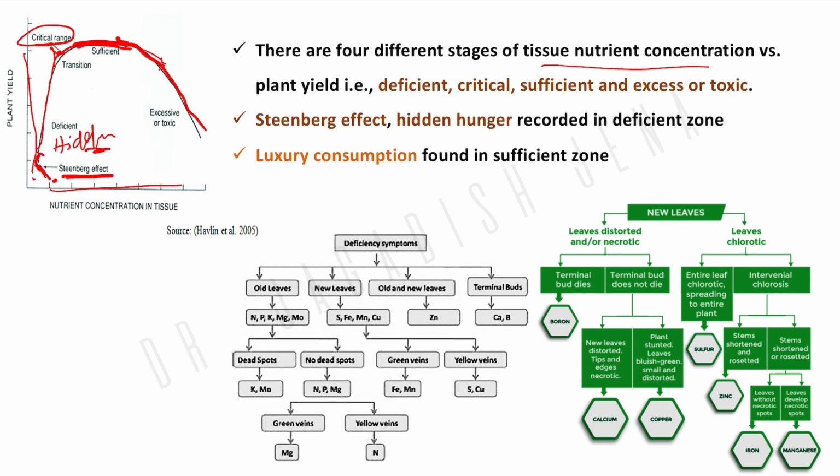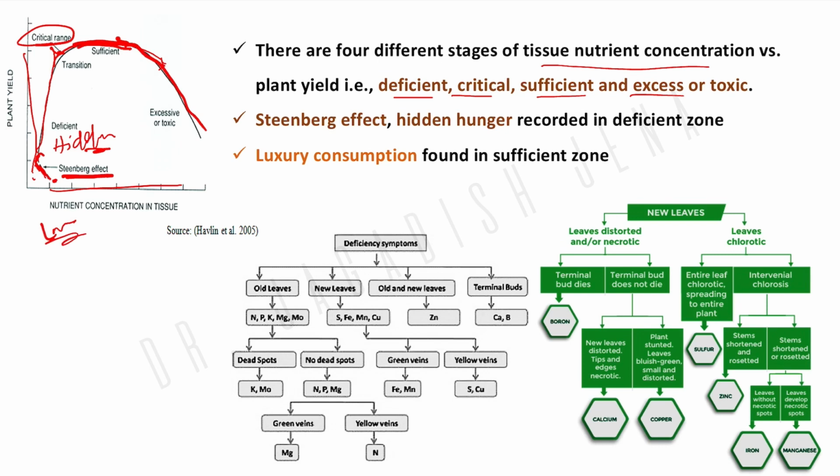growth. Okay, so these are four different zones when we take plant nutrient concentration and plant yield or growth in a graphical manner: deficient, critical, sufficient and excess. In the sufficient zone, another term is there, called luxury consumption. So the plant is taking extra nutrient, or accumulating extra nutrient beyond the optimum, then that is called luxury